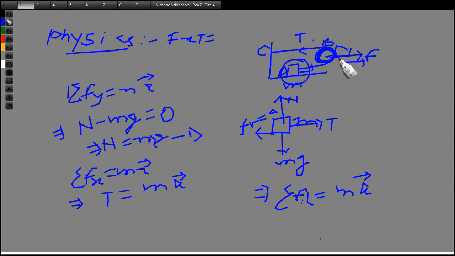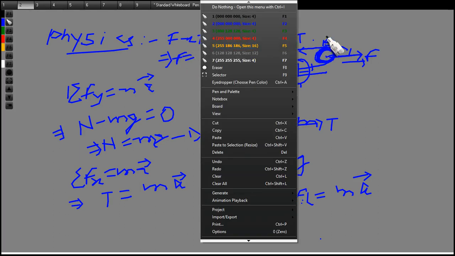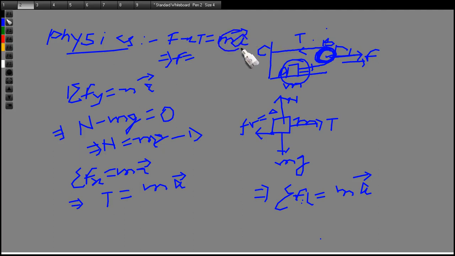It is said to be a light pulley, so we'll consider m as negligible. So F equals ma. If m is light, what will happen? This is considered to be 0, so it will become F equals 2T, so 2 into T, and we'll put the value of T here, which is